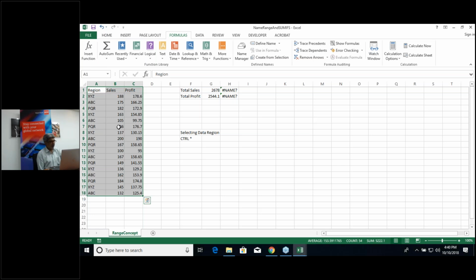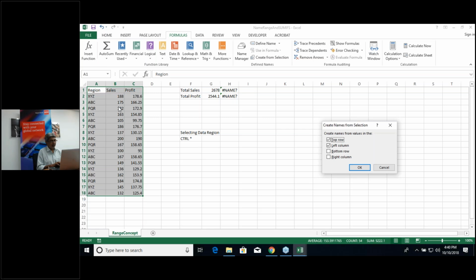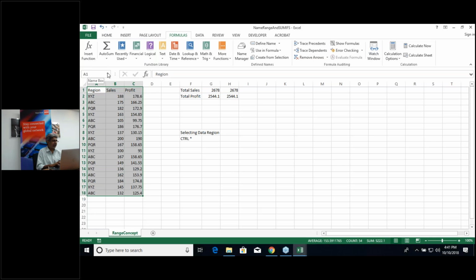And then the second shortcut key is Control Shift F3. Control Shift F3 will activate the dialog box for Create Names from Selection. Now in this particular data set, we want to use the column names for the name range of the range that is underneath that name. So we need to select only the top row. So create names from values in the top row. What it means is that the top row, region, sales and profit, will be taken as the name ranges for the data underneath those names. If I click OK, you will see here in the name box,